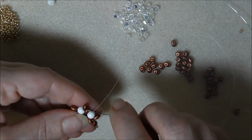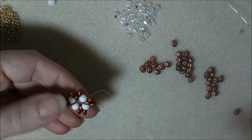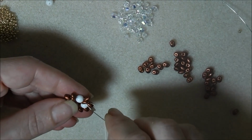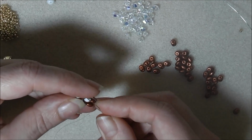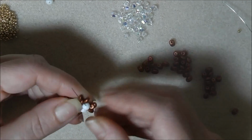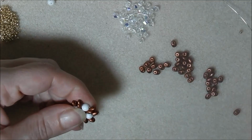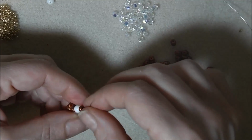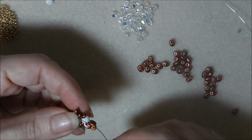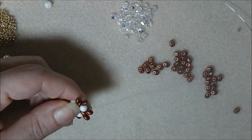The last one. So I'm going through the two Superduos there, and again I'm going to go right round this to strengthen my work up. So I'm just going to go through all these beads again. Okay, so I need to come out of the Superduo and step up,